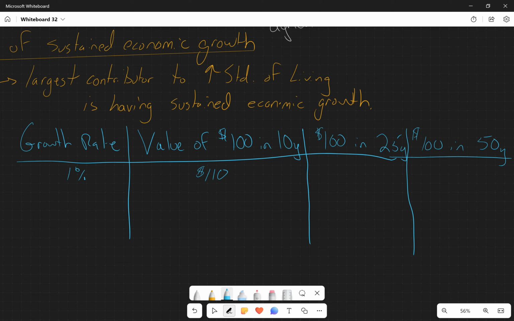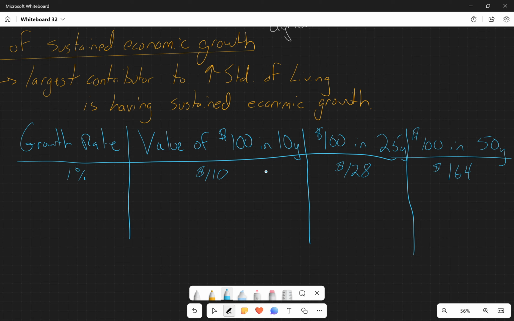After 25 years, because this is compounding interest, I'm going to have $128 instead of $125. After 50 years, again because it's compounding interest, we're going to have $164 rather than $150. And if you need a refresher on compounding interest, I will find a formula or a short little video and link it, but I think most of us are good on that. We don't need to explain that to death, right?